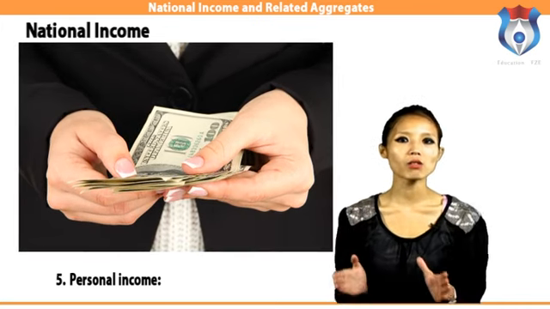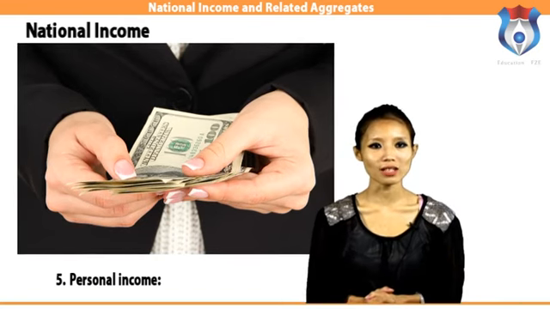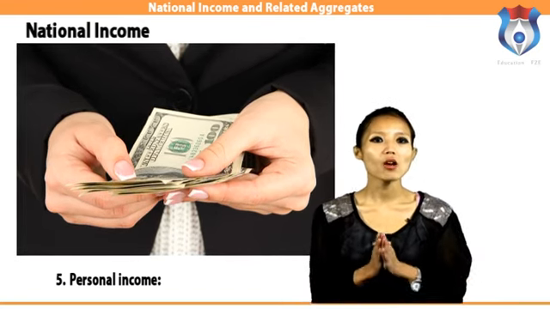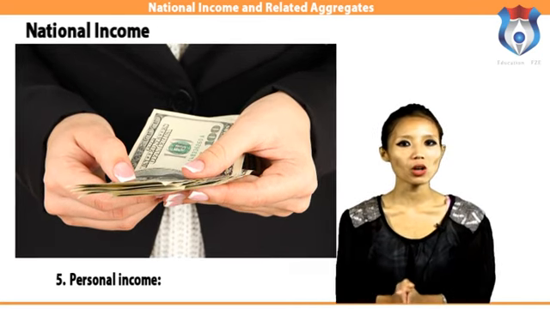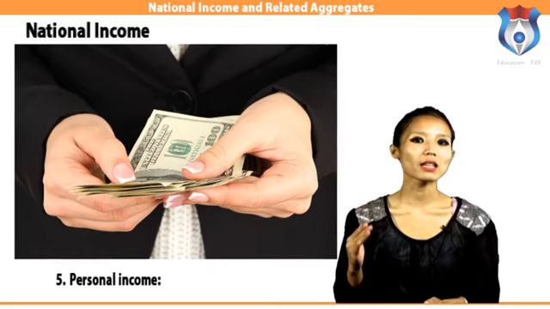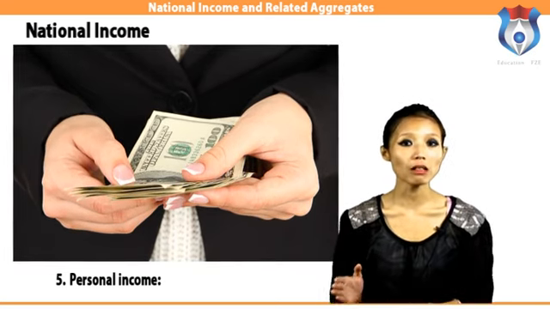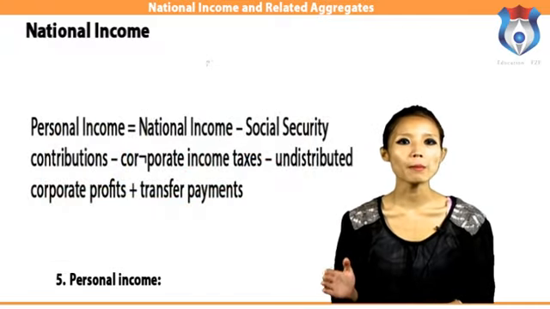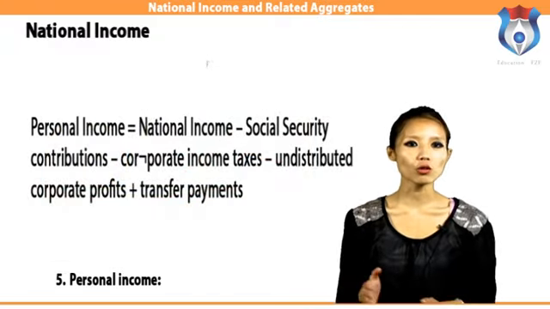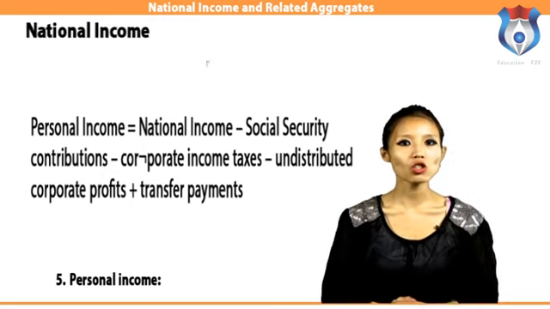there are income transfer payments which are received but not currently earned, such as old age pensions, unemployment doles, relief payments, etc. Thus, in moving from national income to personal income, we must subtract the incomes earned but not received and add incomes received but not currently earned. Therefore, personal income is equal to national income minus social security contributions minus corporate income taxes minus undistributed corporate profits